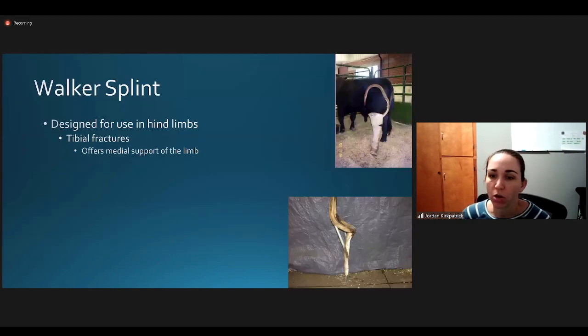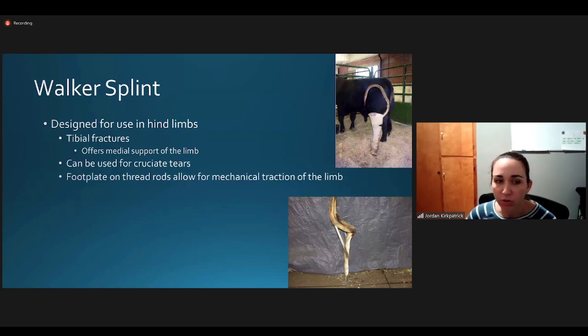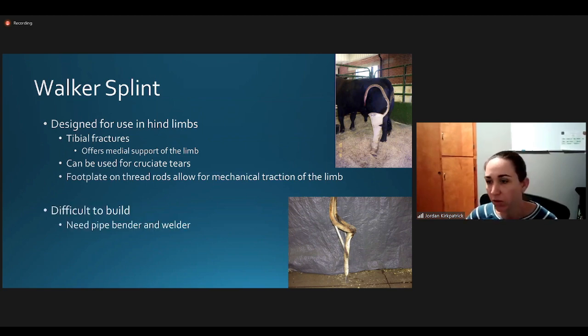Another type of splint is called a walker splint. This one is specifically for hind limbs and for tibial fractures. It offers medial support on the limb. It can also be used for cruciate tears. And there's a foot plate on threaded rods that allow for mechanical traction of the limb, so to try to help keep the fracture reduced. These are difficult to build, and you have to have a welder to do this. You can't just make this on the fly at the farm because it's very thick piping. As you can see, this is a big bowl that this is on, so it's not something that's easy to